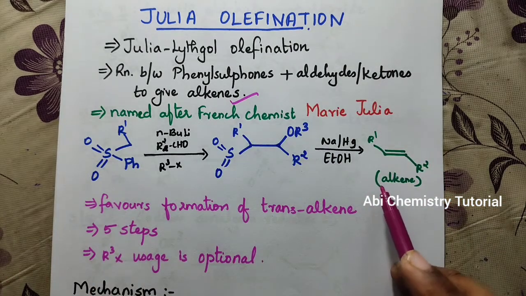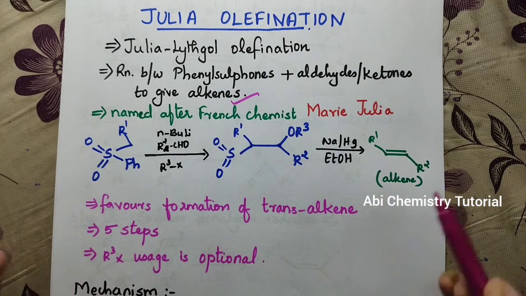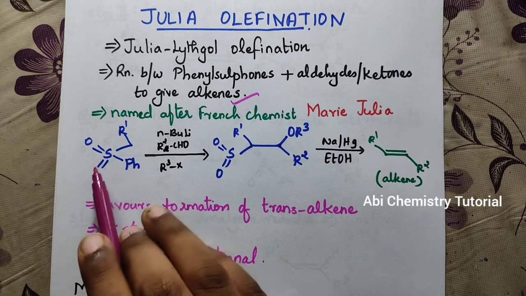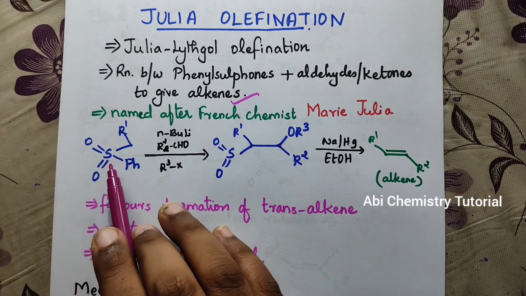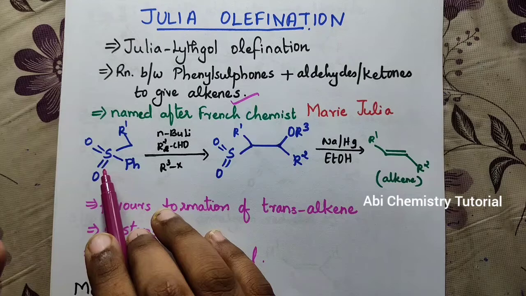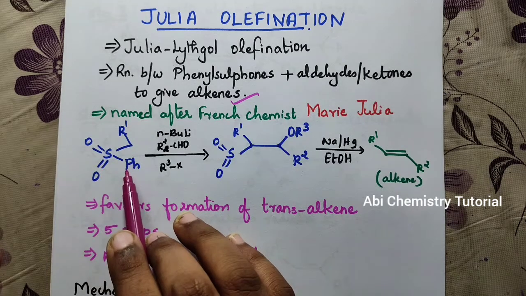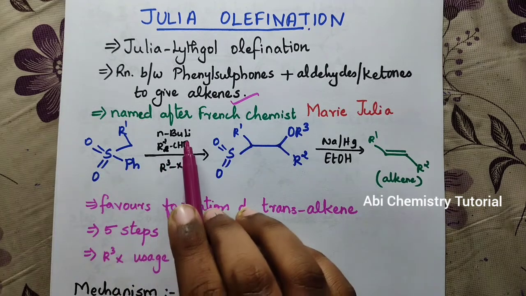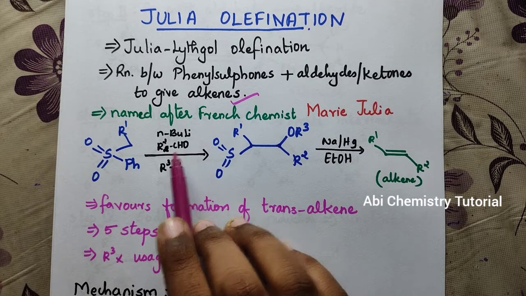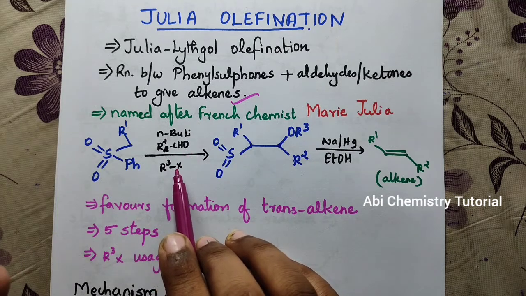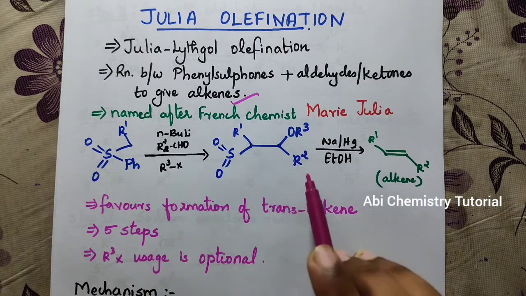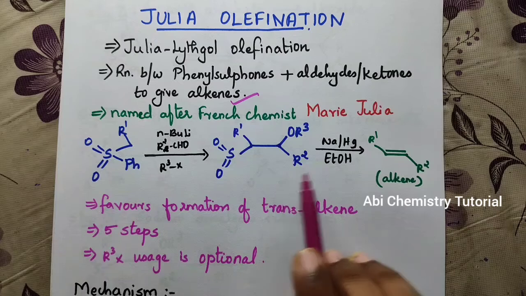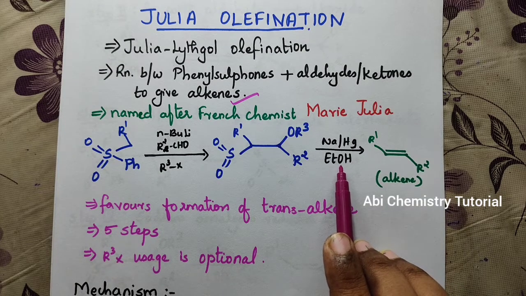So here you can see this reaction. This is a phenyl sulfone. This is a sulfone compound, SO2. The compounds containing SO2 are called sulfone compounds, and here you have phenyl, so phenyl sulfone. It is subjected to react with a few compounds: n-butyl lithium, an aldehyde and an alkyl halide. You get an intermediate, an alkoxide, and finally when you subject it to sodium amalgam reduction in ethanol, you finally get